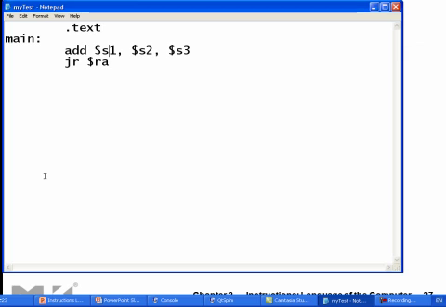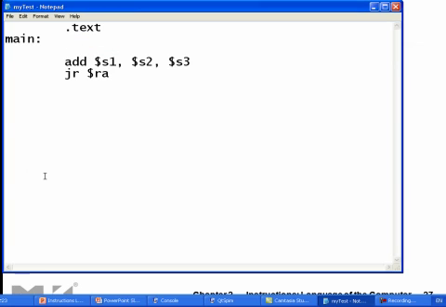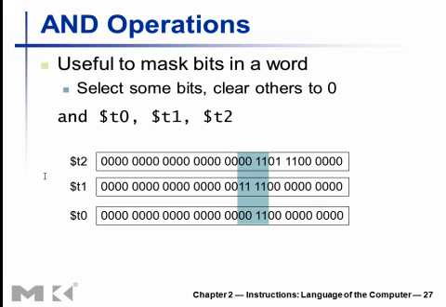So now this is a test program I wrote. Let's first set T2 to this value. We use li, then T2, and now we're going to set it to the value. This value is